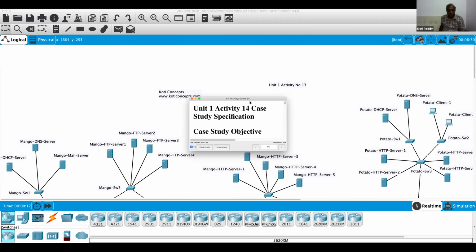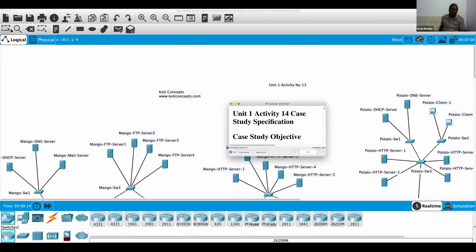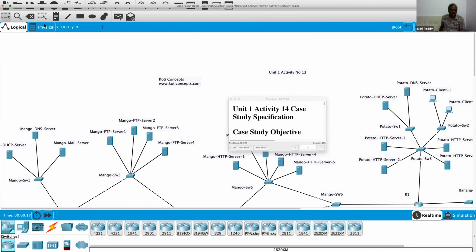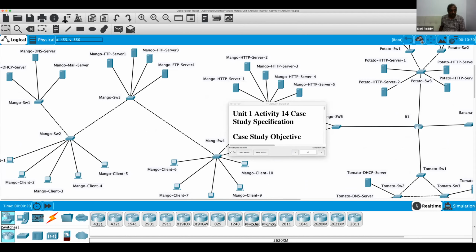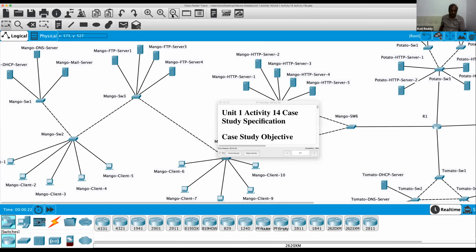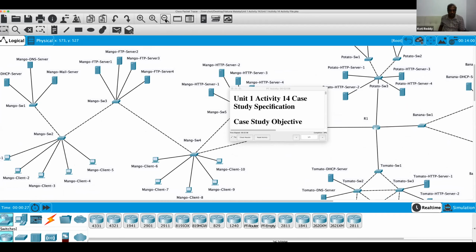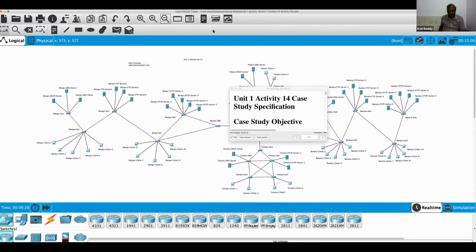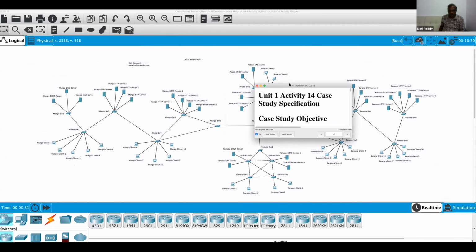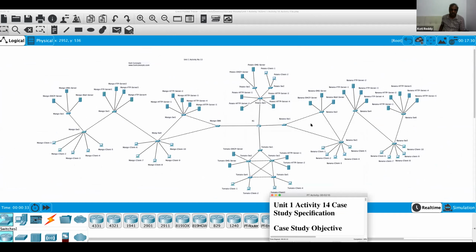So this is the Cisco Packet Tracer file we are going to work with. You all can see this, right? Okay.